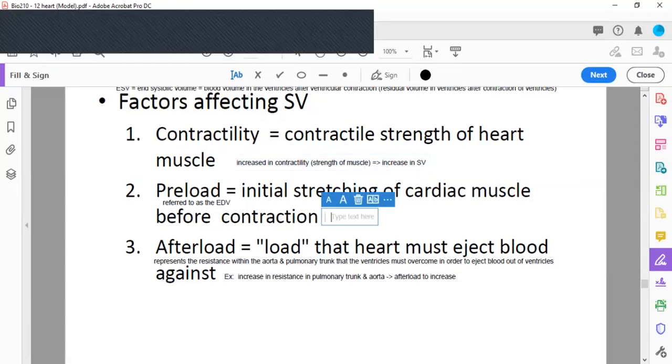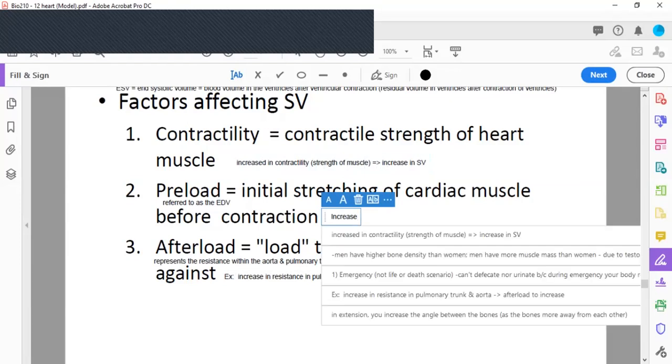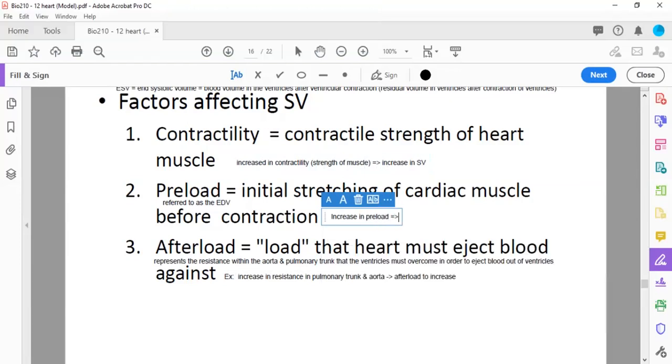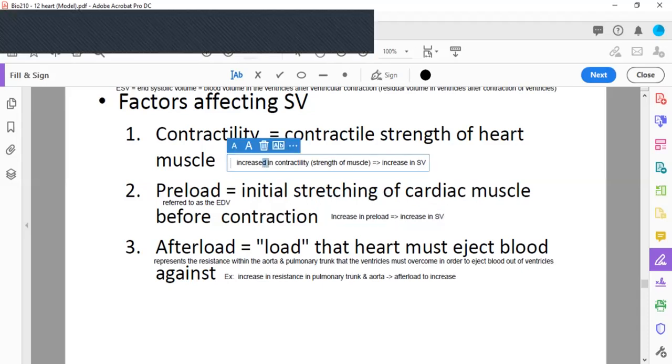The preload is the same thing. An increase in preload will result in an increase in stroke volume. And the third one is that